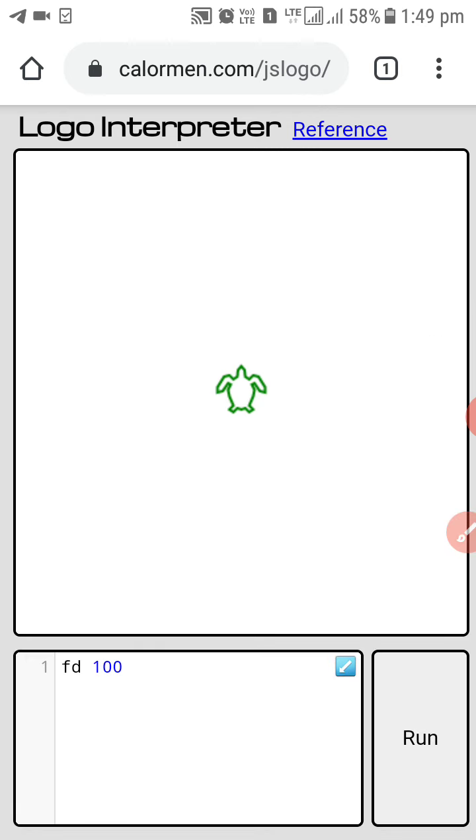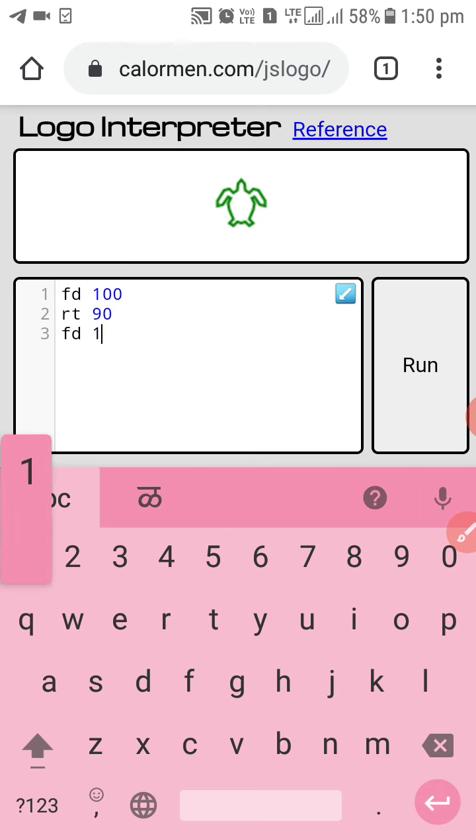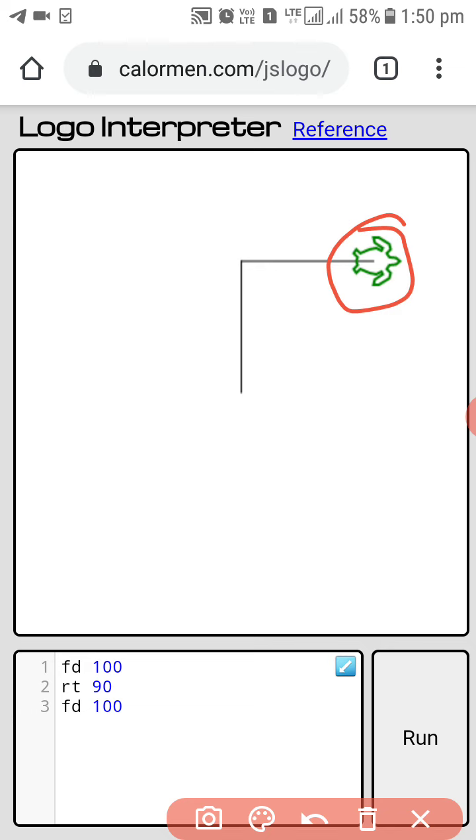The turtle will move 100 steps. Okay, now let me again write RT 90. Again let me write FD 100. Observe the result. Yes, now I just want to bring my turtle back to the original position, that is here.